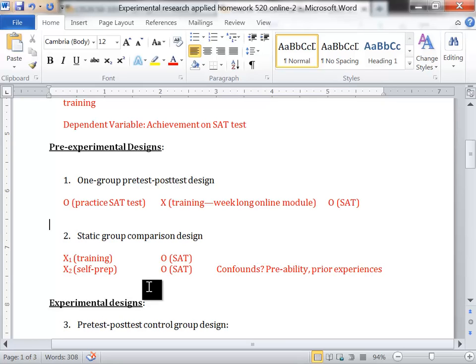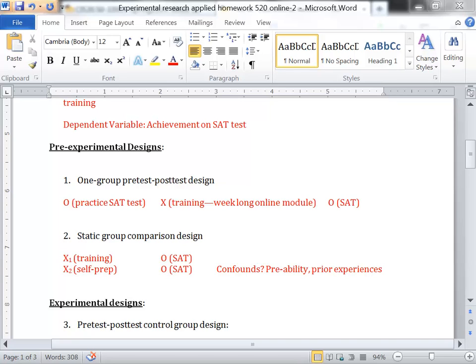Basically there's no practice test. They are split into two groups. A group that receives the training and a group that doesn't receive the training or prepares by themselves. And then they have the SAT achievement tests. So it's essentially just some people get some training, some people don't from an existing population. So you can see already that might be problematic in terms of making decisions about whether or not certain